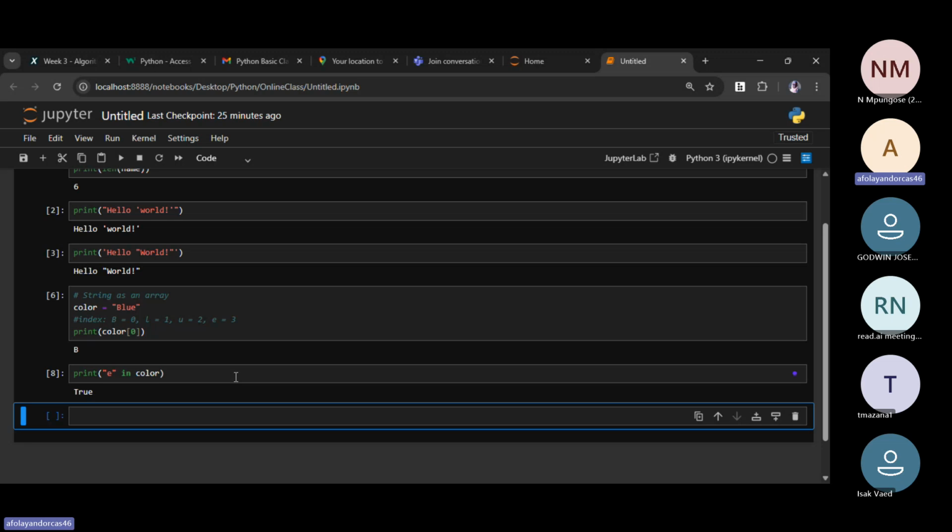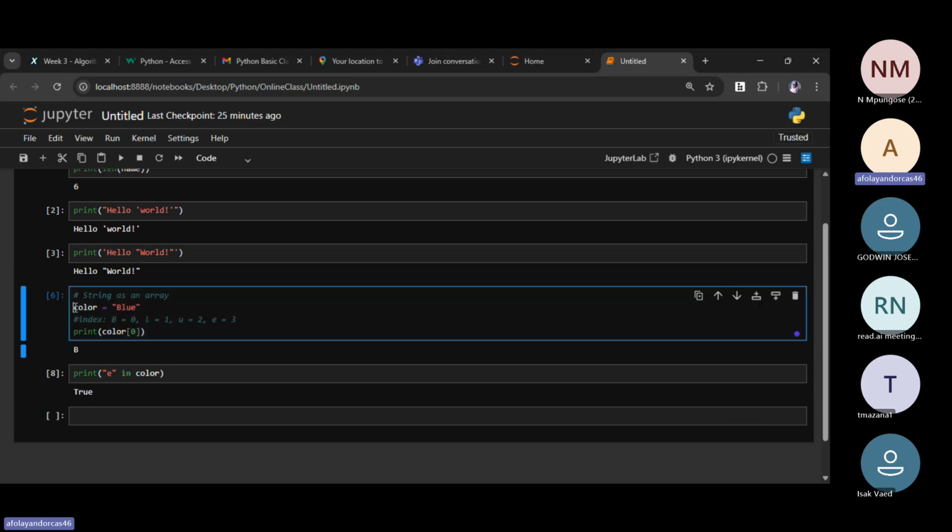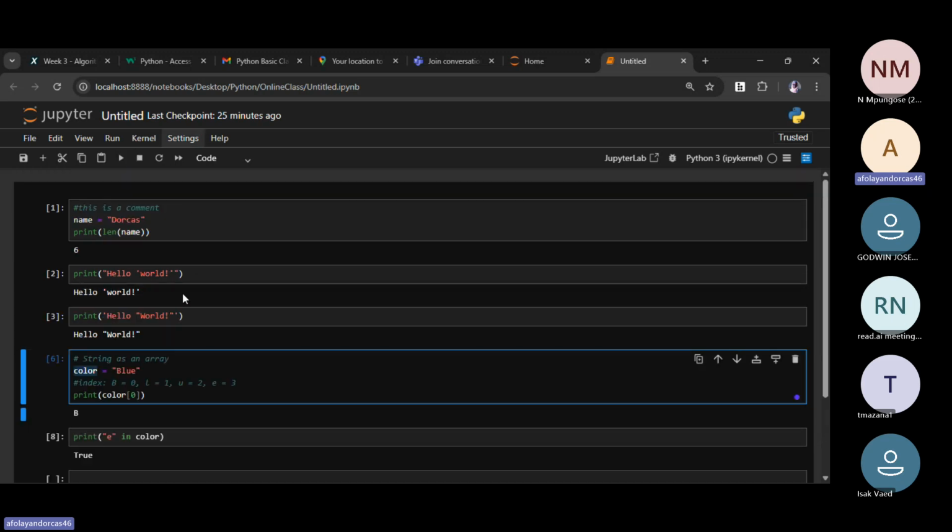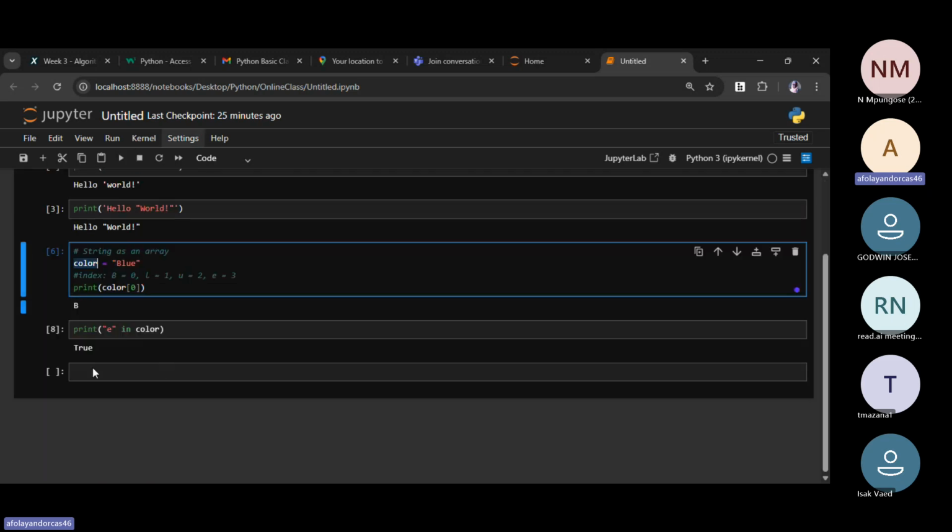What happens here is that this returned true. I'm still working with this color. Whatever variable I've declared here, anywhere I put it in this code, it will detect it.